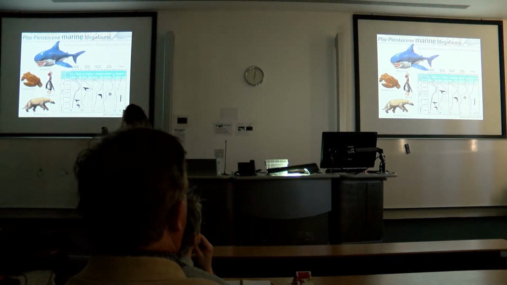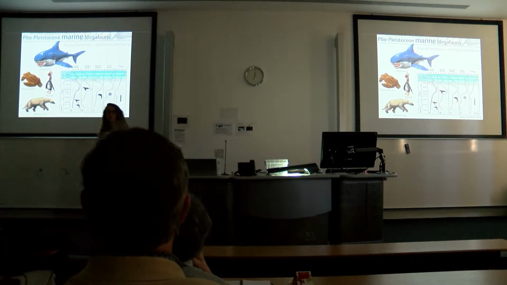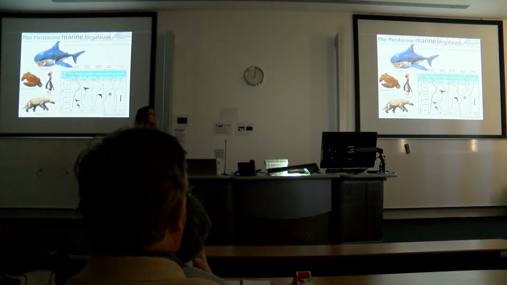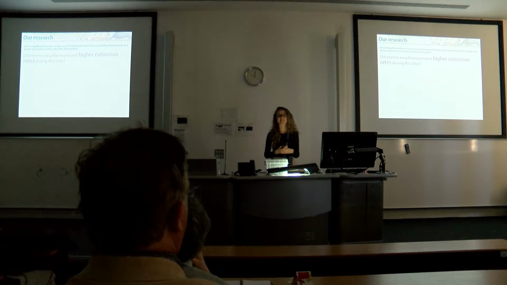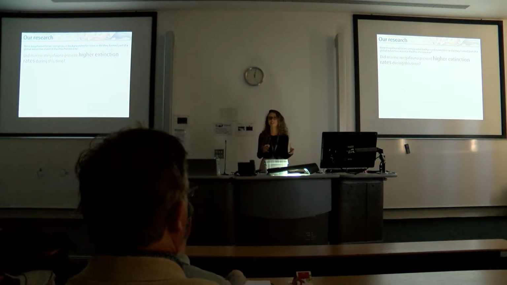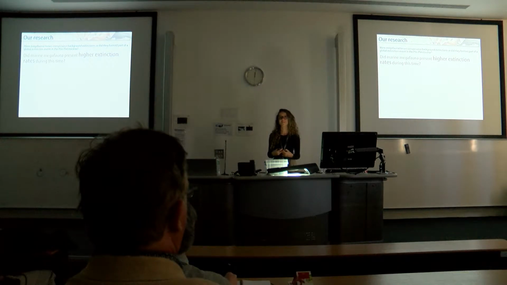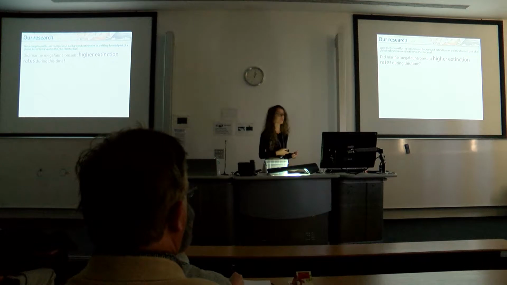For example, the extinction of the biggest shark that ever lived, that I've worked on the most, Megalodon, became extinct around that time. Also some species of sea turtles, seabirds, and marine mammals. There was a significant decline in the diversity of cetaceans around that time. So our research asked the question whether these extinctions were isolated examples of independent extinctions, or if they were part of an extinction event. To answer this question, we assessed extinction rates through time and assessed if there were higher extinction rates around this period.